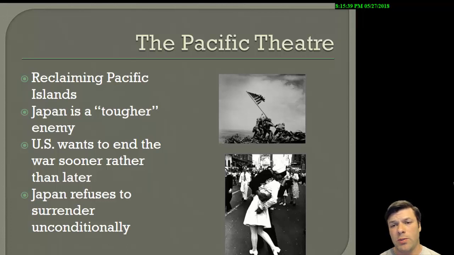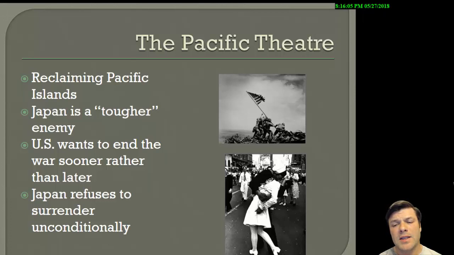Again, if you're following along with me, that image at the top of the slide there with those Marines hoisting that flag might look familiar to you, in the sense that that is probably the symbol of not only the Battle of Iwo Jima in the Pacific, the first of the Japanese islands that was considered its mainland, but in any case, it's reflective of the whole war.